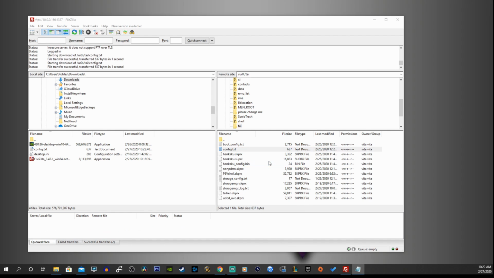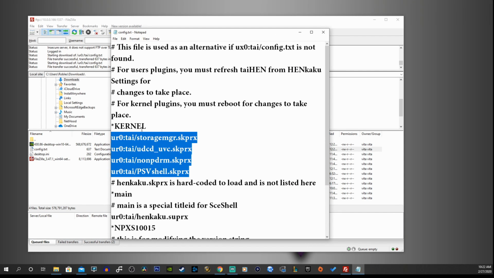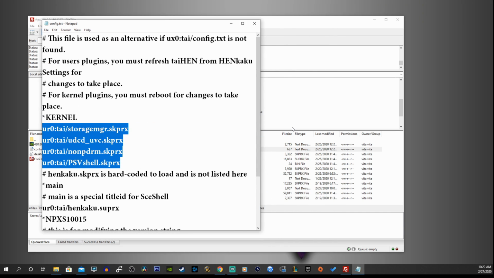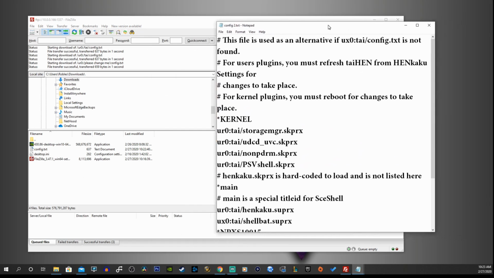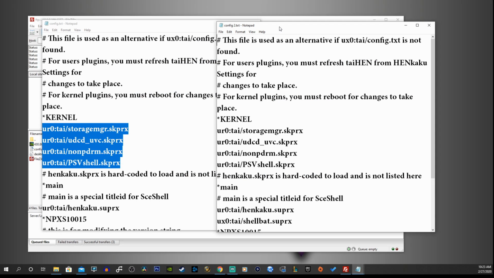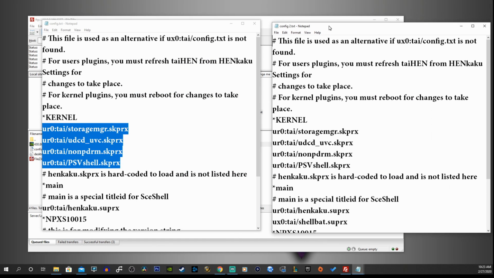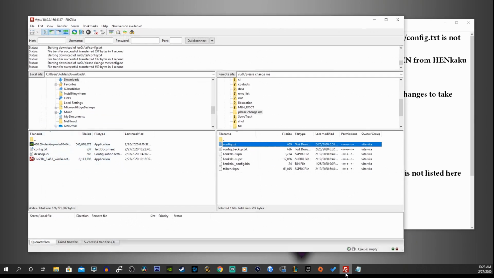Let's view and edit. I just copied it onto my desktop here. And you want to copy all of those lines under your kernel if you do have any lines from the other files. So let's take a look here. "Please change me." Let's open this one up. And I should have two. There we go. So here's the old one from our previous